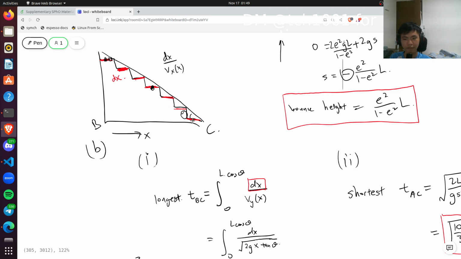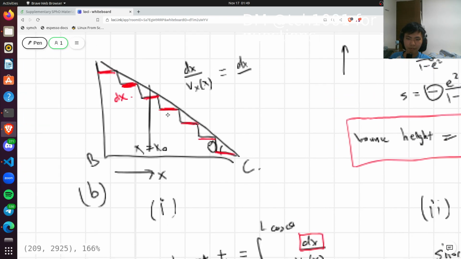And as it goes further and further down, the speed is actually going to increase, right? And what's nice is that, given a particular x coordinate, let's say we're at this x coordinate, what's the horizontal speed? The horizontal speed is actually just the vertical speed at the x coordinate, right? Because